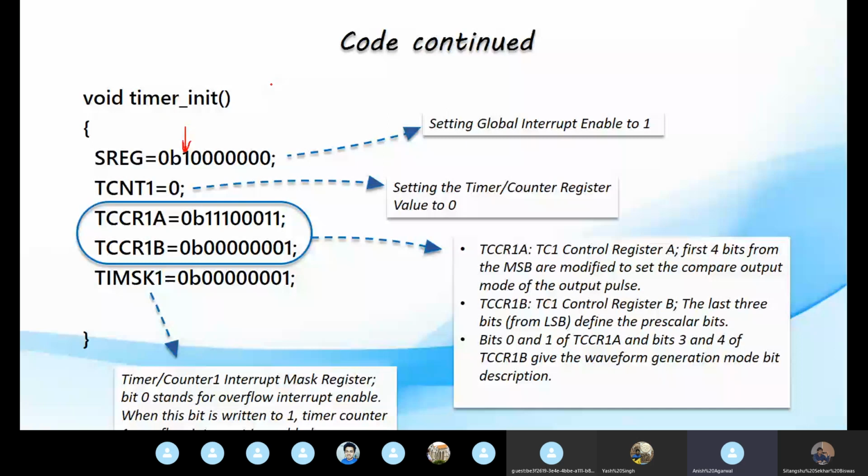Alright. TCNT1. TCNT1 is a register which helps us to access the timer counter. Like we are accessing the counter of the microcontroller, right? To count the values, to set the voltages, we are taking the counter of the microcontroller as the reference. So to access the clock of the microcontroller, we need this TCNT1.